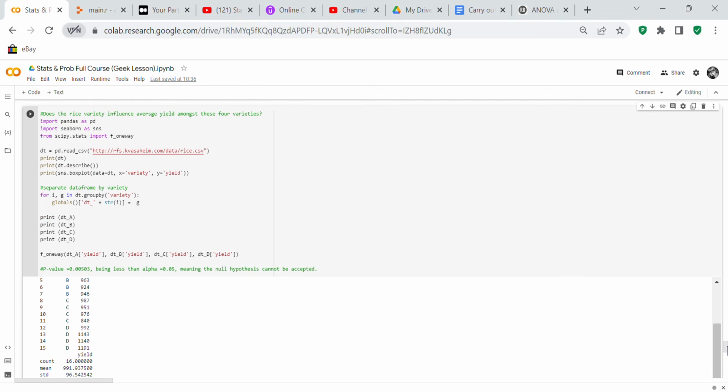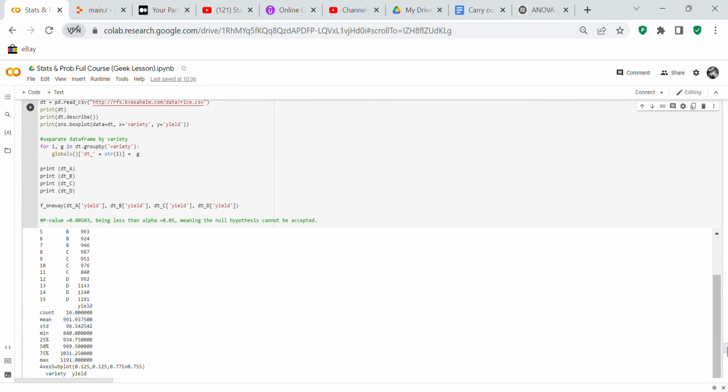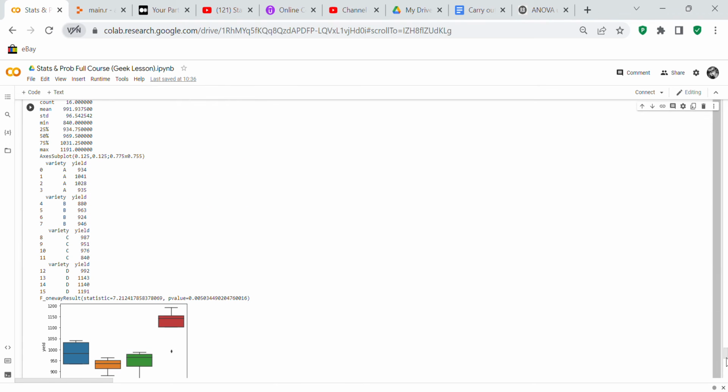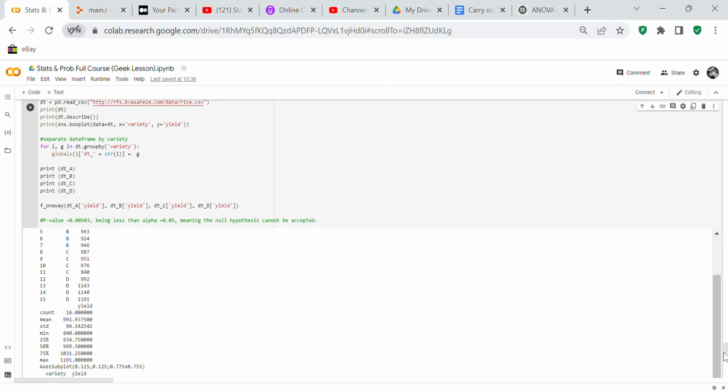And then after we've done the box plot, what we do is we separate the data frame by variety. So for i, g in dt.groupby variety, globals, it says dt underscore plus string i equals g. So it says print dta, print dtb, print dtc, print dtd. And you can see how we've got A, B, C, and D printed out because we made new data frames